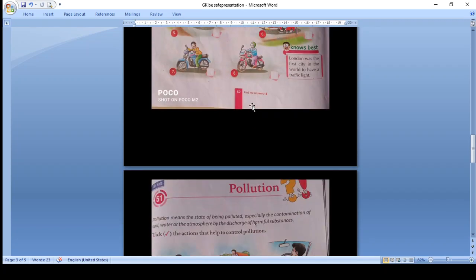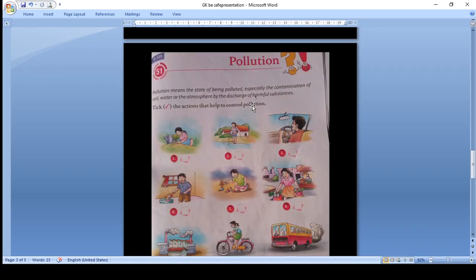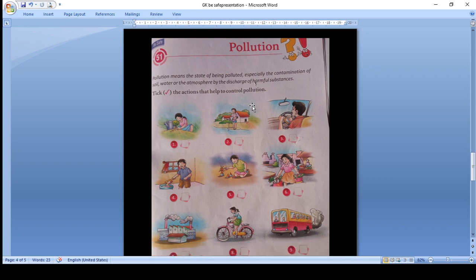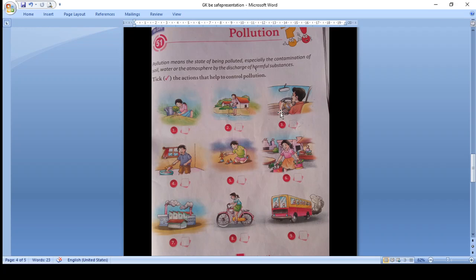Let's do the next one. Very easy. Pollution, as we just did in the last topic. Different types of pollution are there, like air pollution, noise pollution. So let us see. Pollution means the state of being polluted, especially the